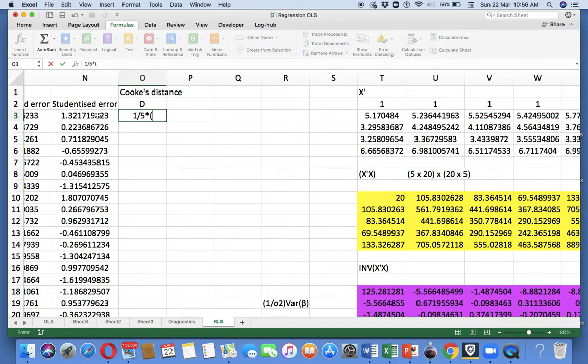I forgot my equals over there, equals 1 by P into the studentized residual squared.